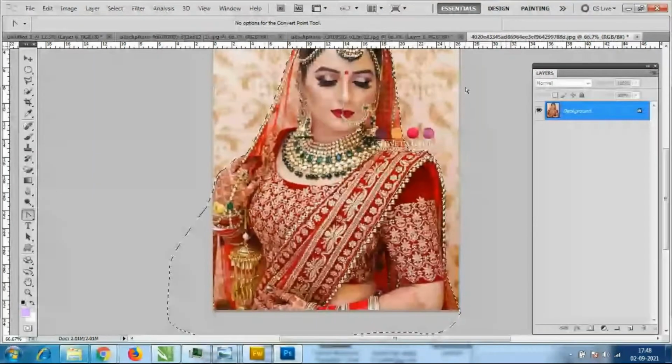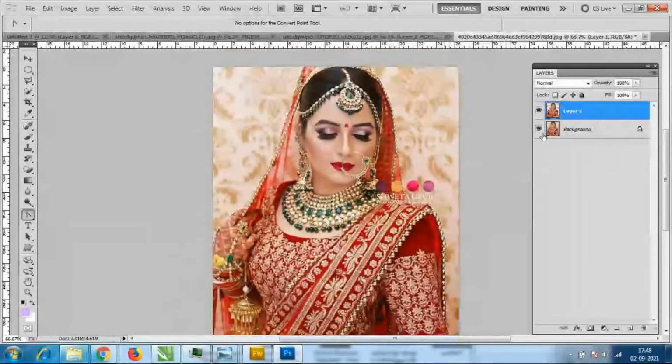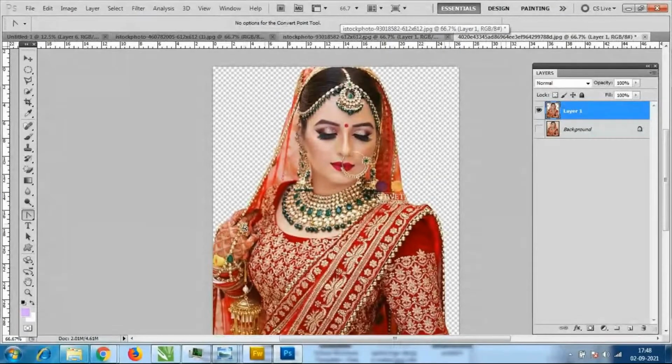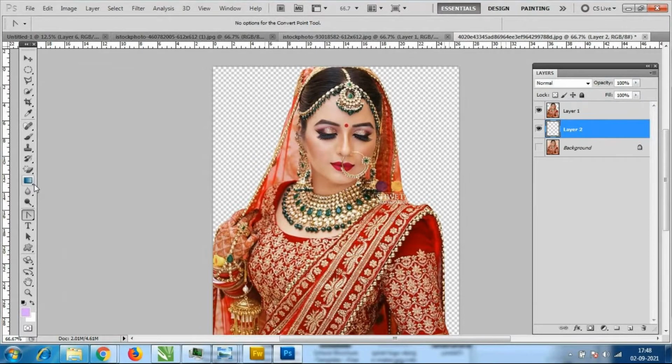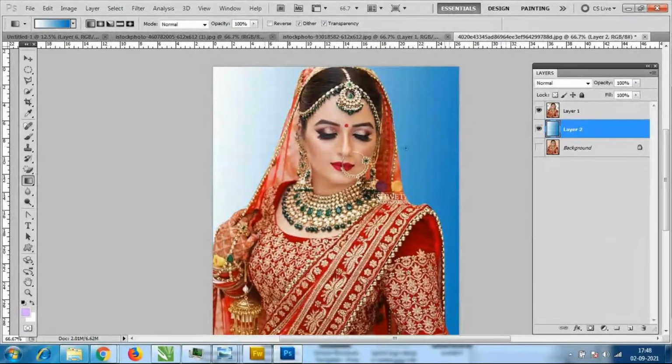Okay, so now only this much area is selected. So I'll just Control C and Control V, just copy and paste it and remove this one. So how neatly it is selected now. See this dupatta area, everything, the finger area, see how neatly everything is selected. Now whatever the options you want for the background, gradient, take a new layer and just add the gradient. Okay, over. See, now you cannot see any sharp edges or any of the extra things which are not there. Okay, so any white backgrounds, any extra backgrounds will not be there.